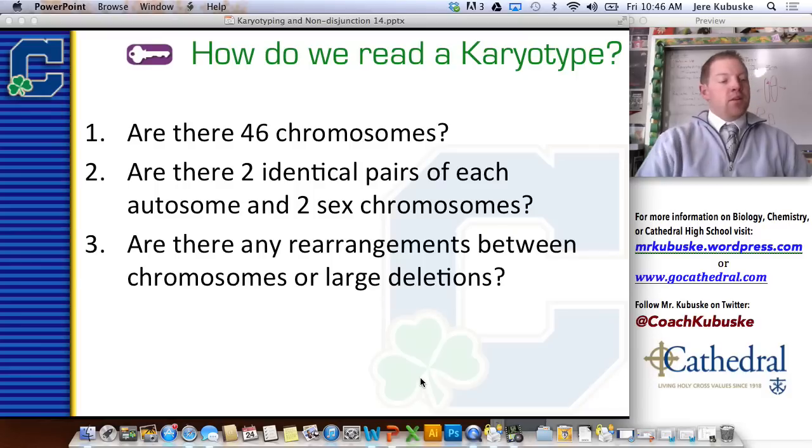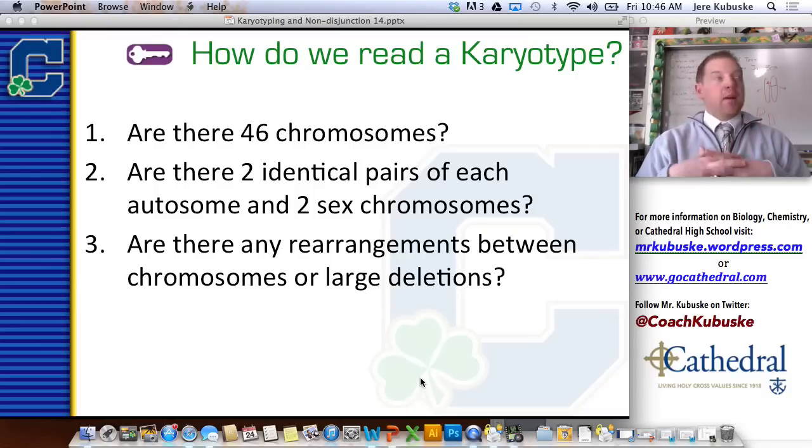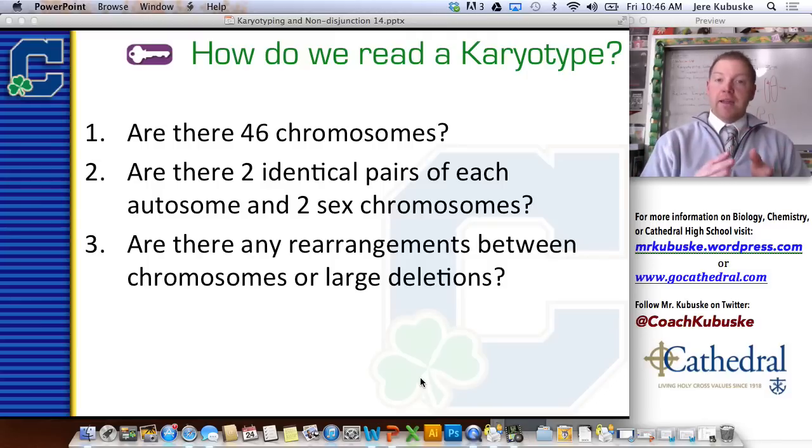Okay. So, how do we read a karyotype? We're going to be doing that for the next day or so in class. What do we do with this karyotype? What are the things that we're looking for? Well, first thing you've got to ask yourself is, are there 46 chromosomes? If there are more or less, you know you've got a problem. If you want to count them each individually, you can. That would be a way to tell. Or you should know that they should come in pairs. For humans, there should be 23 pairs. If something's not paired correctly, you know there's a problem, especially if it's in the sex chromosomes or in